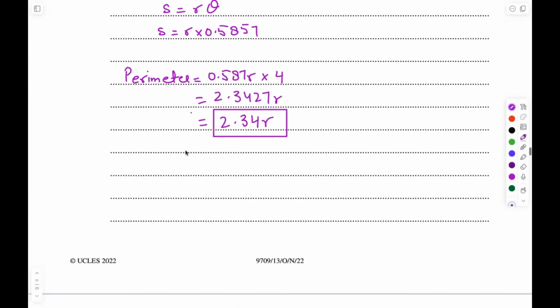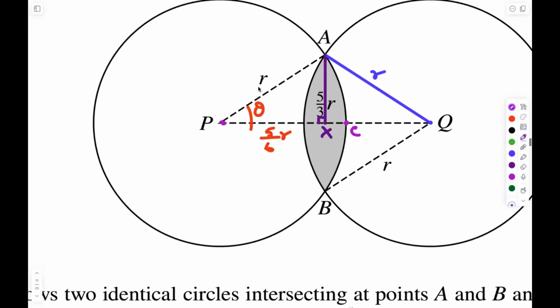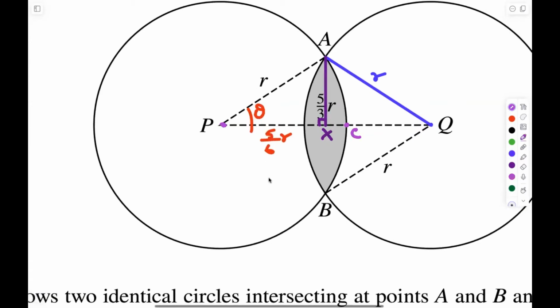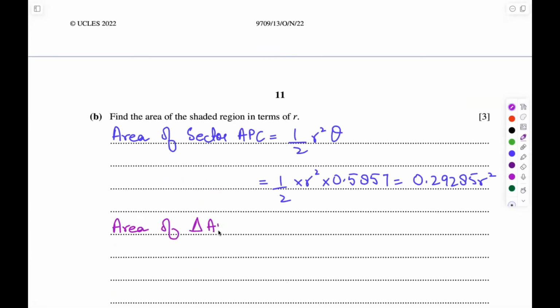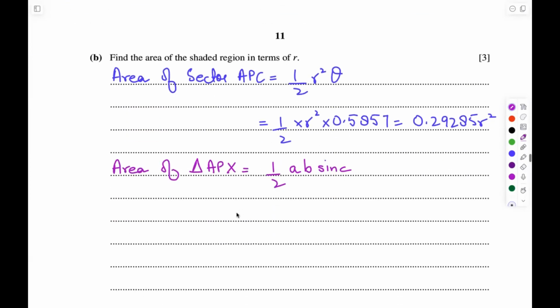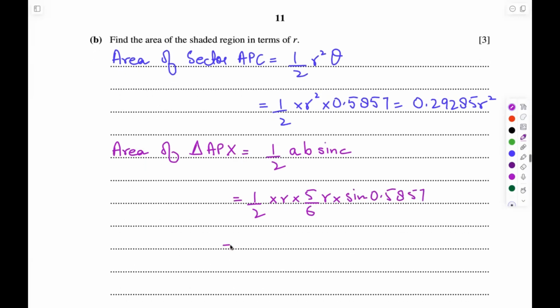And now finding the area of the triangle. The triangle is the triangle APX. We have the two lengths r and 5 upon 6r, and the angle theta, which is 0.5857. For finding the area of the triangle APX, we'll use the formula half ab sine C. One of the lengths is r and the other length is 5 upon 6r, and the angle will be 0.5857. Substituting this in the calculator, we get sine of 0.5857, which is 0.5527. Multiplying it by 5 and dividing it by 12, we'll get